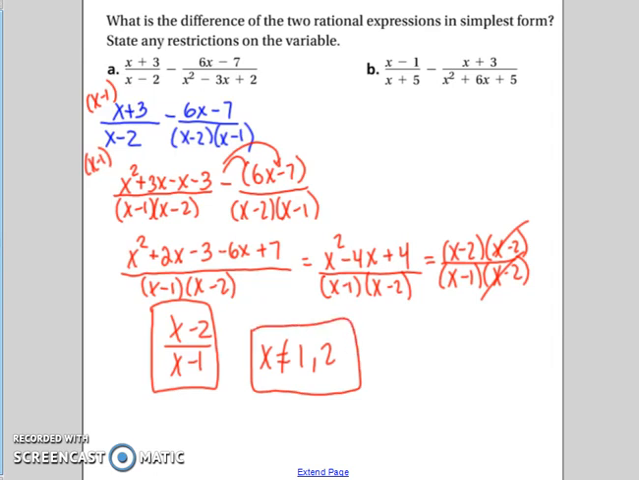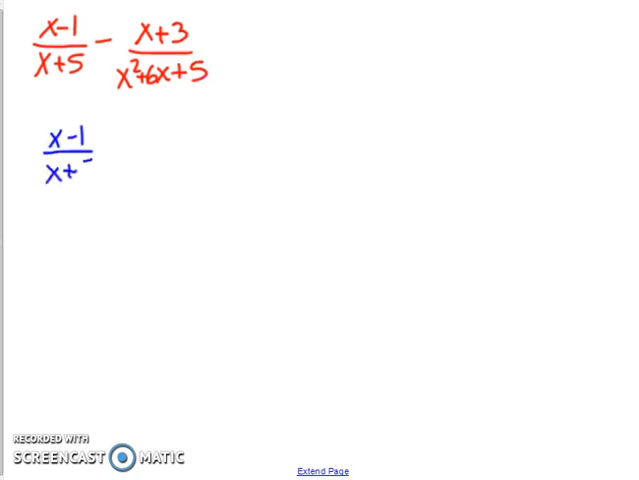Alright, so we're going to look at the next one. I'm just going to do it on a different page. So it was x minus 1 over x plus 5 minus x plus 3 over x squared plus 6x plus 5. So we're going to keep that first fraction the same since we can't factor the bottom. And then we're going to factor what multiplies to 5 and adds to 6, x plus 5 and x plus